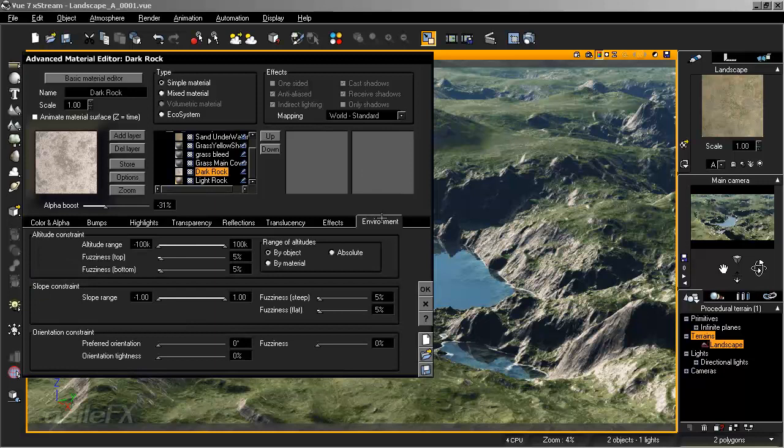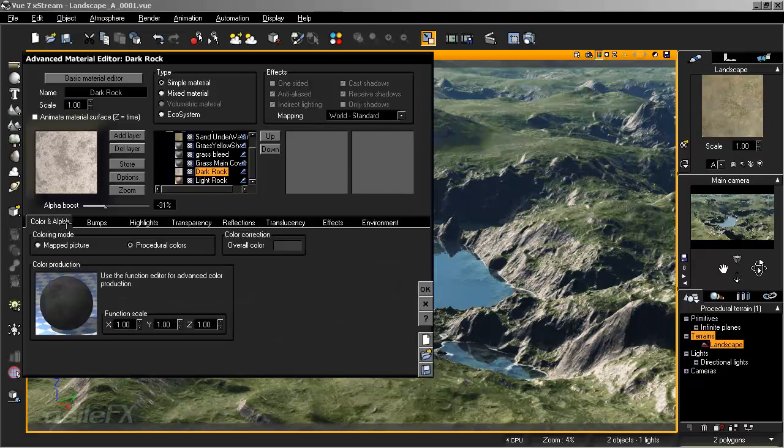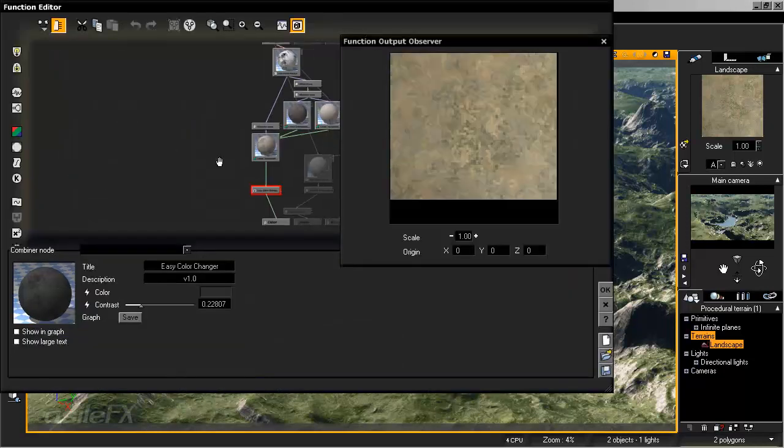The next layer I have, we can go to the Environment tab now that we're using an additional layer on top of another one. And basically this is a darker version of the rock. And what I've done is turn down our alpha boost, which is creating more of a transparent layer. If we go into edit the function,